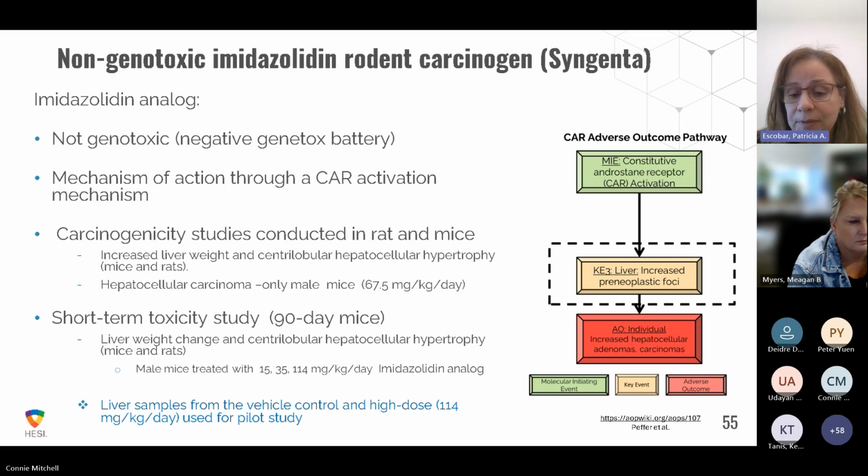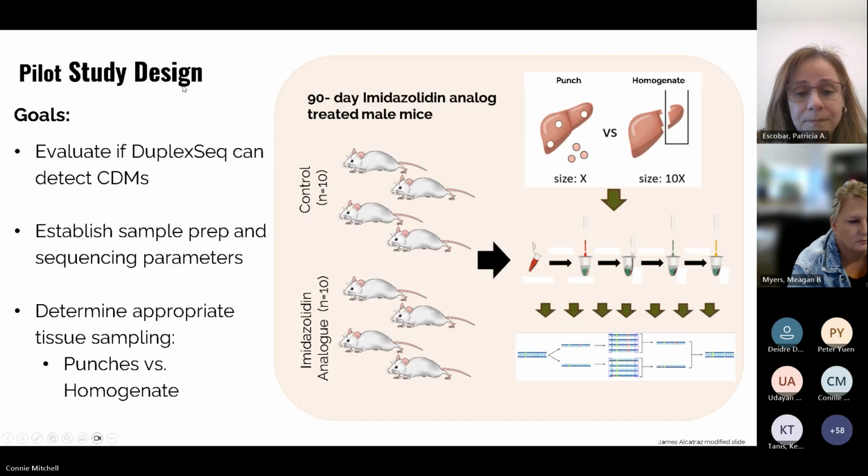If you go to the next slide, please. So then, for the pilot study, we started asking a couple of critical tactical questions, like who's going to do what. We needed volunteers, people who were going to, besides getting the samples, which is a big deal, get the tissues, do the libraries, do the sequencing, and do the analysis. And within the group, we had a couple of volunteers to do that.